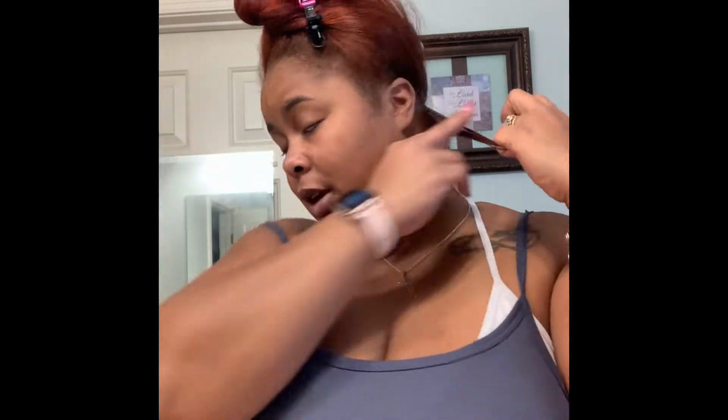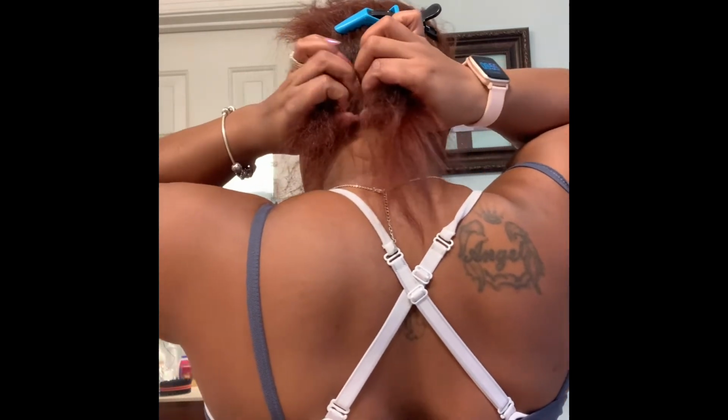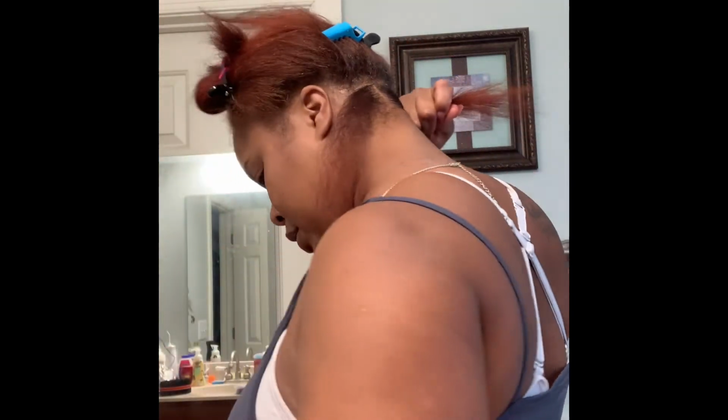First thing I do is I take the bundle loose, kind of just run my hands over it. Because I'm just going to be doing box braids on this bottom row, I am not going to lay out my bunch of pieces for my feed-in braids. And this is just to take some of the tension off at the nape of my neck, as well as to give me a fuller appearance. And these I'm just going to go through and finger part a few braids